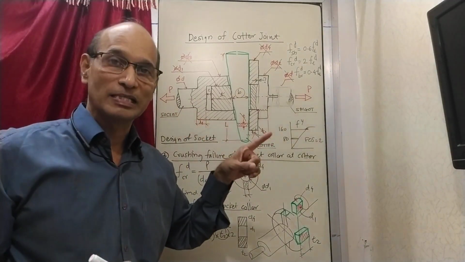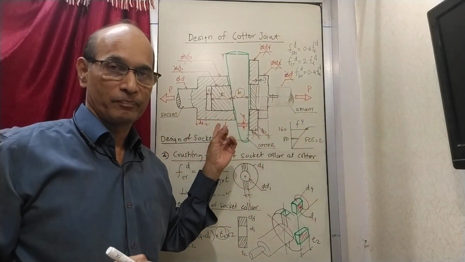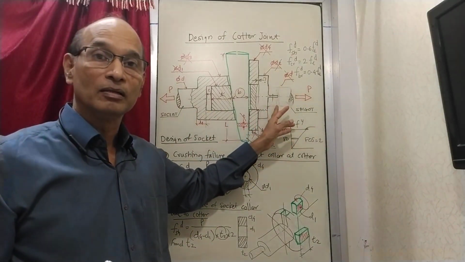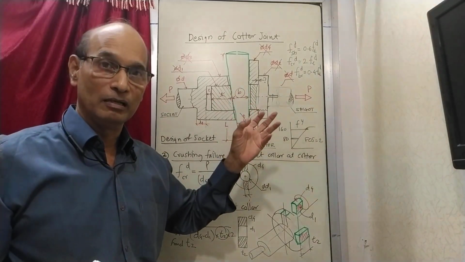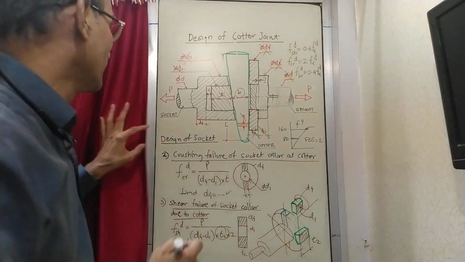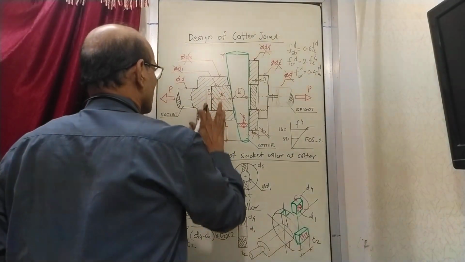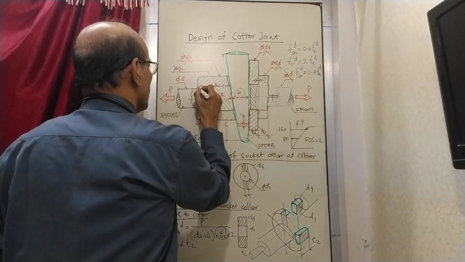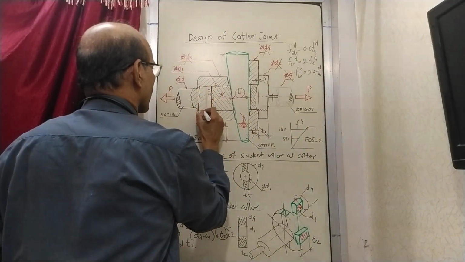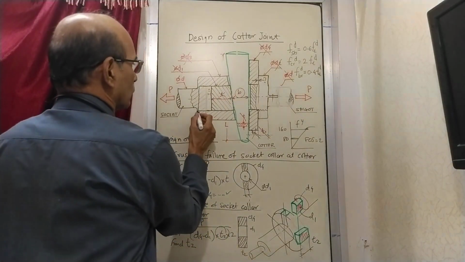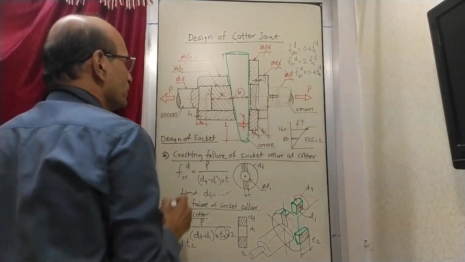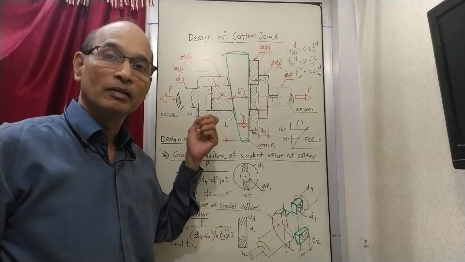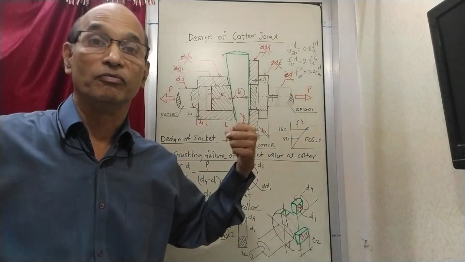What kind of stress is this dimension L1 bearing? Of course you have to imagine, as last time we have seen this example, you have to think over in what way it can fail. For that what you can do is exaggerate. So I am just showing you a sketch after exaggeration. Just think that this size is very, very less. So now the size is very less, L1 is very small. Why am I making it very small? When I make it very small, it becomes easy for us to imagine how it will fail.